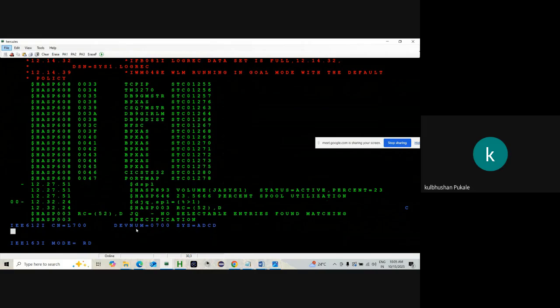The command is $T. Now I'm giving I equal to 20, so every 20 seconds it will check the spool. $TA comma I equal to 20 comma